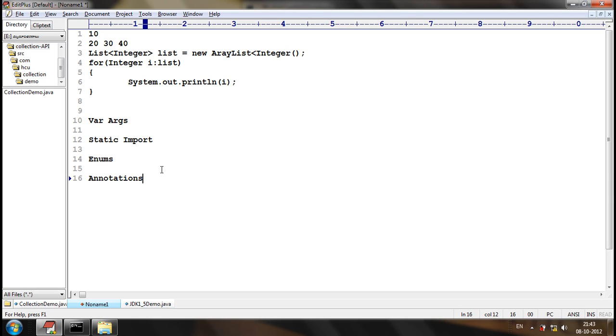We have discussed classes. We have discussed the features of interfaces. The third entity is enum. Enum is also an entity in an object-oriented programming language.